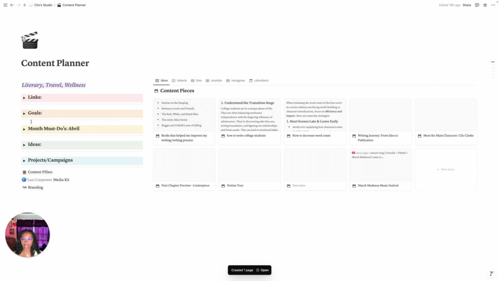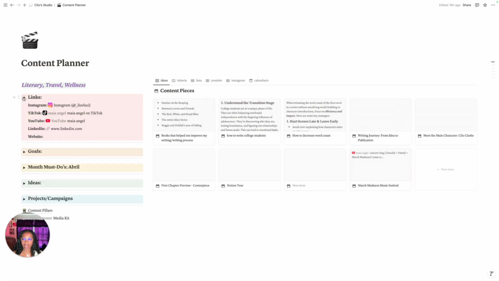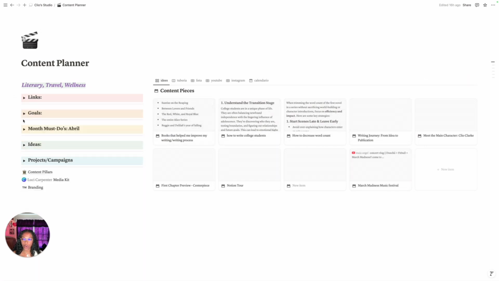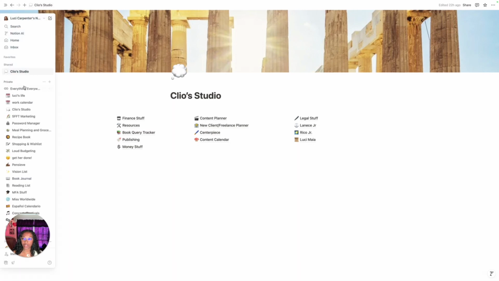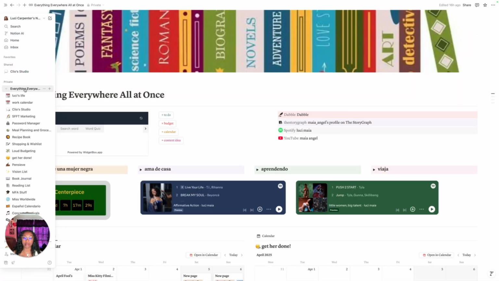So these are all the ideas that I have. I'm really letting you into my business and my ideas. A lot of these are writing stuff. I already published the March Madness Music Festival, but you can see all of my ideas, and I have the links to my social media here, goals, and we'll get further into a few of my must-have pages for someone that is like me, a creative, author, marketing person. I think it is important to understand that it might look different for students. It might look different for someone who is working, someone who's running a business, how Notion looks if you simply use it as a big journal, what that looks like.